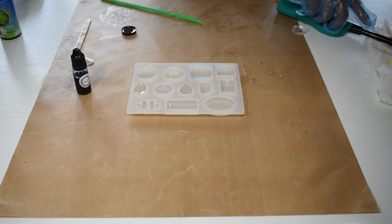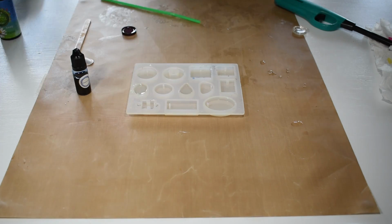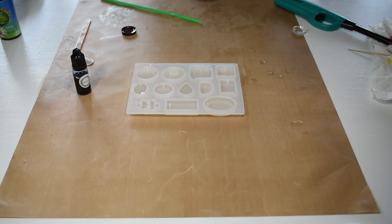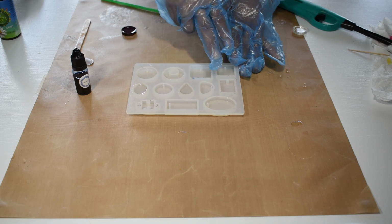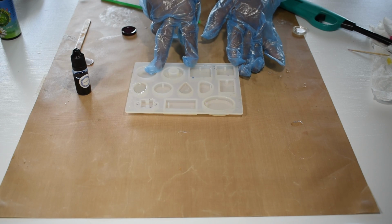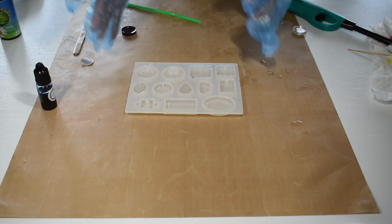Basically what you need is some type of heat to pop those bubbles. Now, with epoxy, and if you want to see how epoxy resin works, I'll leave a card up above right here so you can click on that to see the difference between the UV and epoxy. Epoxy will have the same type of liquid right here that have bubbles that will actually raise up, but you want to make sure that you pop those pretty quickly,